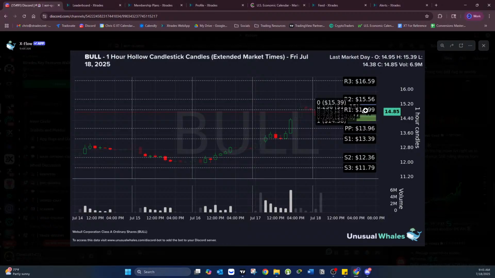Fib levels. Let me take away the support resistance. I like fibs, so it should leave the fib levels here. Looks kind of messed up, but yeah, it looks like 15. So $15 is a big level, as you can see, in both queries. 15 was a big spot in general. So if Bull can break 15 after 10 a.m., this can go. It's got some nice volume. It's got a nice rounding bottom kind of setup here.